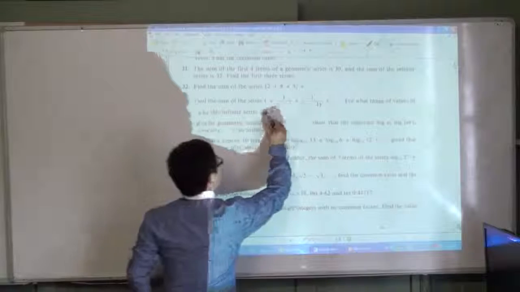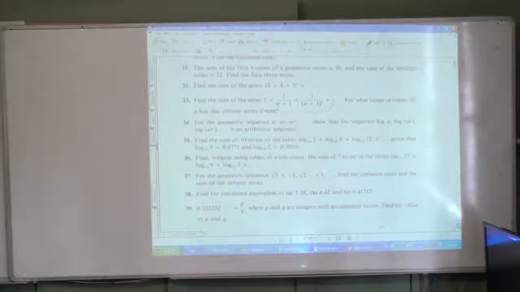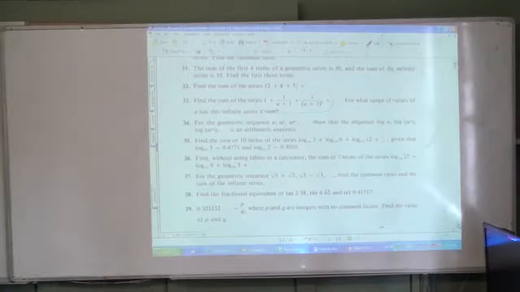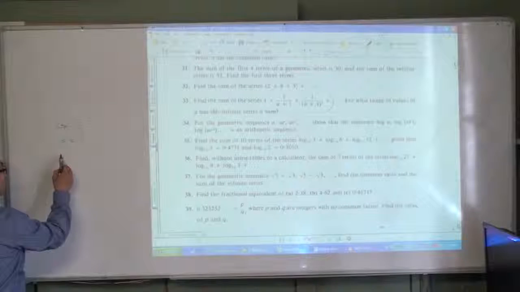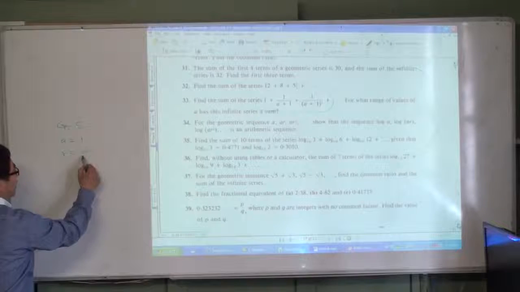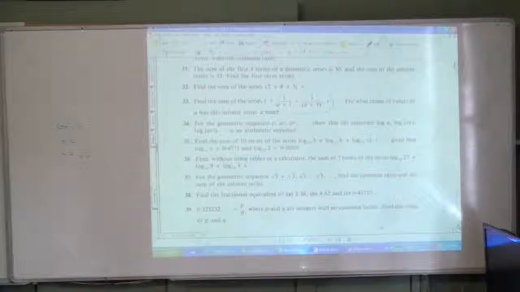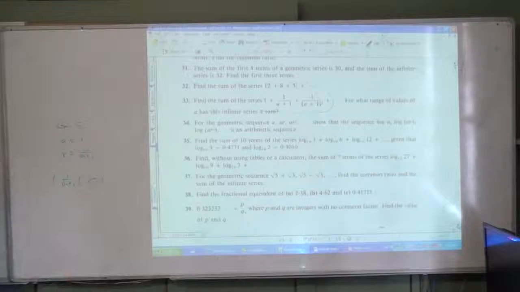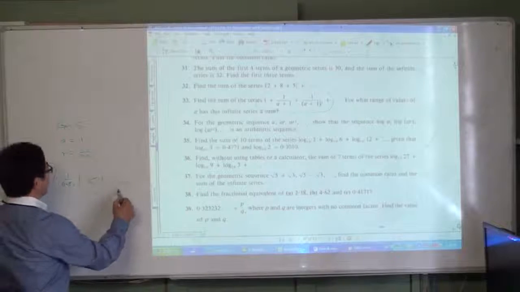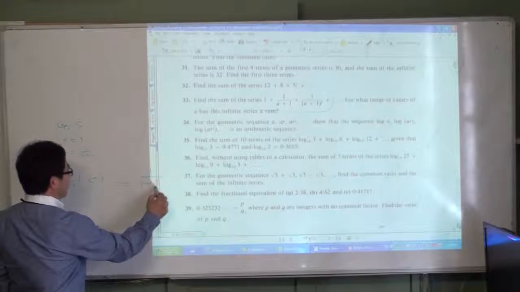So in this one, what type of series is it? Infinite. Geometric series. Geometric and infinite. And that's a geometric series with a equals 1. What's the common ratio? It is 1 over A plus 1. Find the sum of the series. Can we? No. Only if the absolute value of 1 over A plus 1 is less than 1. Then the answer will be 1 over 1 minus r, which is